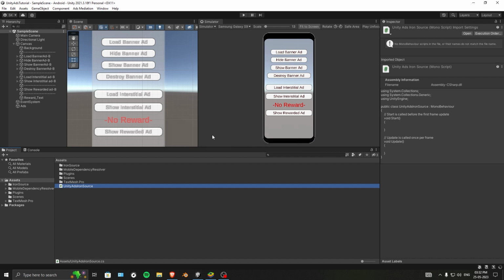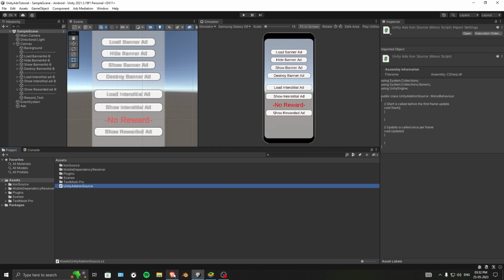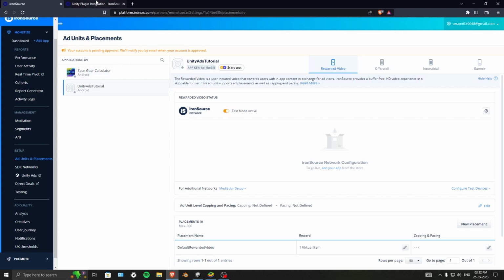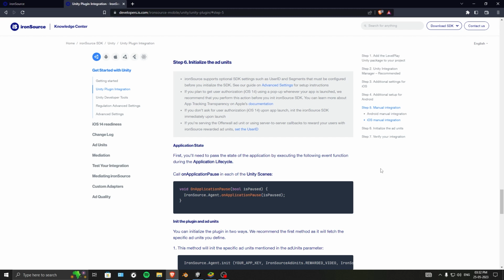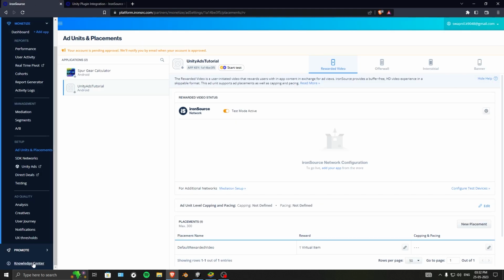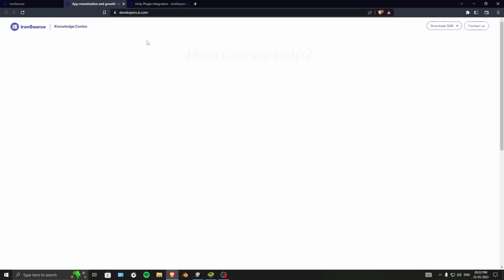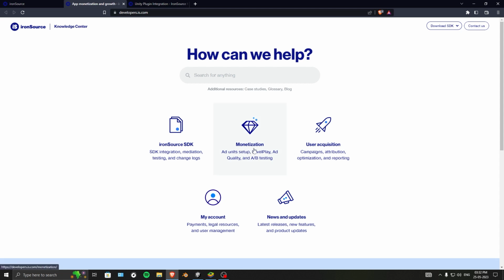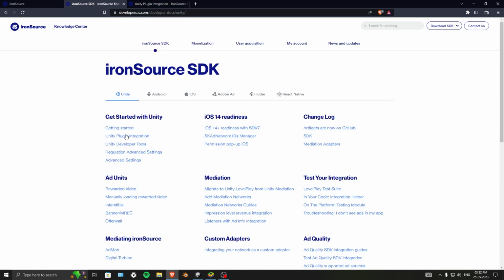So while it is opening, we can go into our browser. Now this is important. You have to go there because you will be needing this. This link will be in the description below, but if you just go into your IronSource and log in, click on the Knowledge Center, and click on the IronSource SDK, inside Unity, you can just click on Get Started,